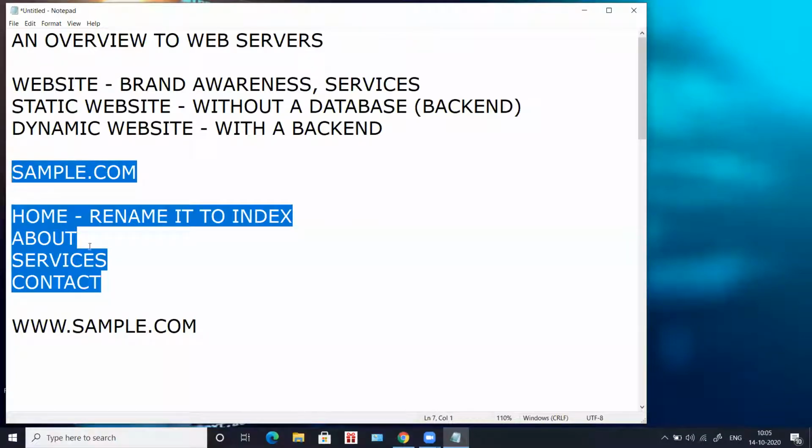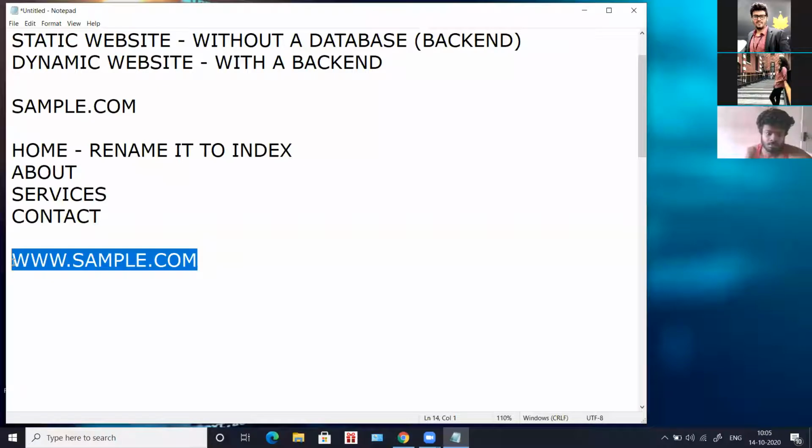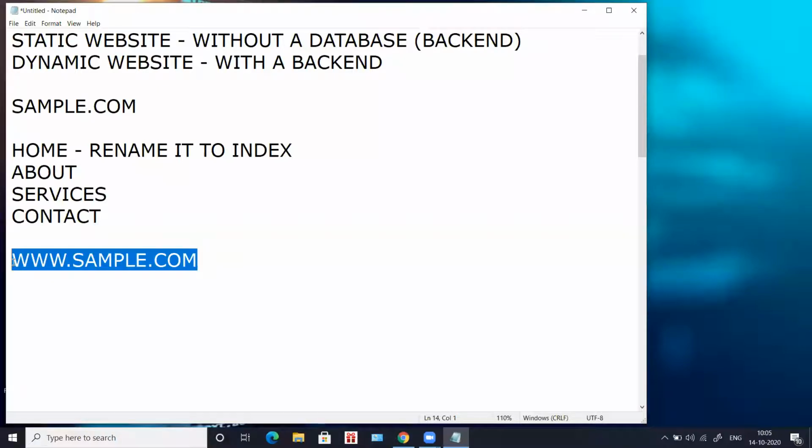Now, if you want to make this website live, as in, if you want other people also to see your website, you need two things. When you develop a website, you develop it using any technology. Take HTML, ASP, PHP. You are going to develop it with any technology. But once the website is ready, the ultimate goal is you have to make it live so that people can see your website and understand what kind of business you are doing.